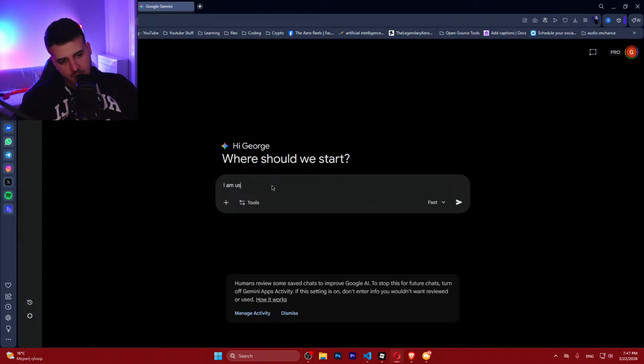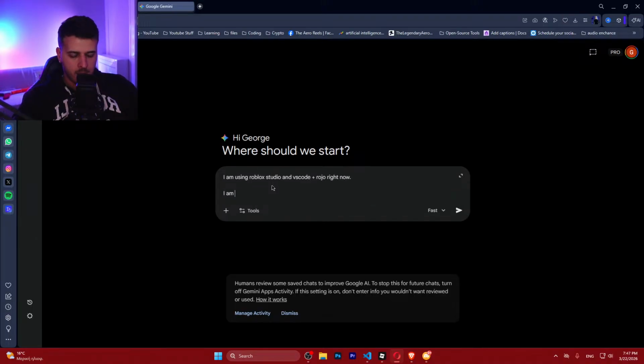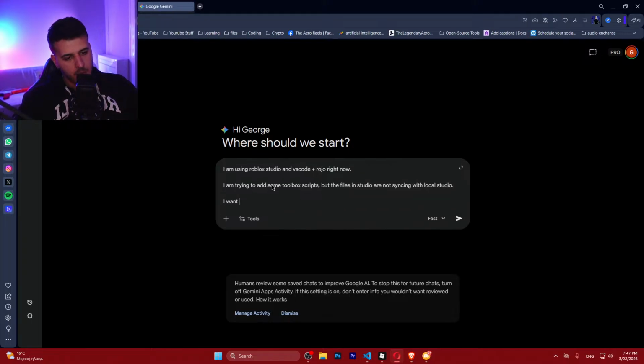I'm using Roblox Studio and VS Code plus Rojo right now. I am trying to add some toolbox scripts, but the files in Studio are not syncing with VS Code. I want to be able